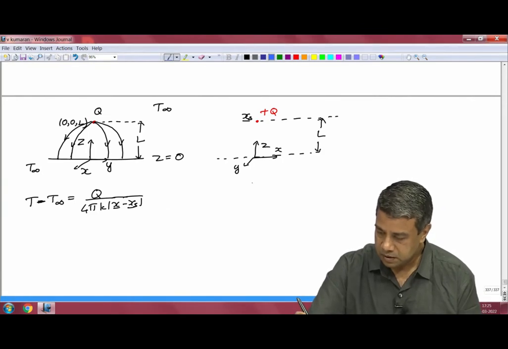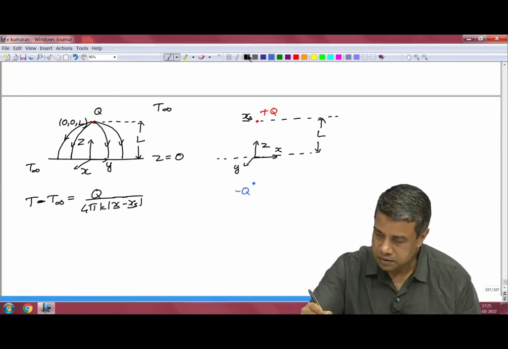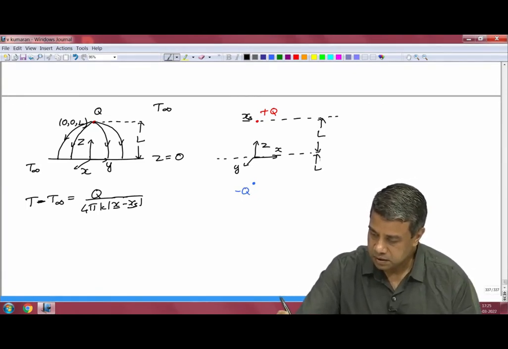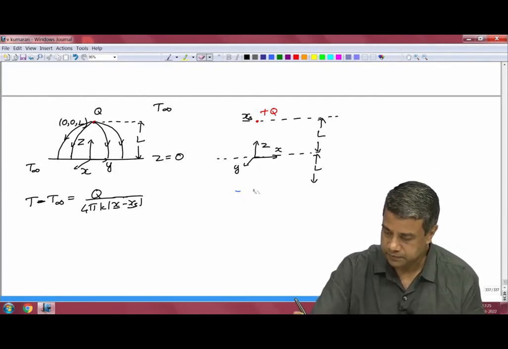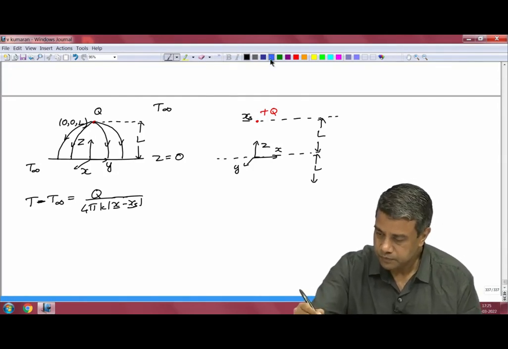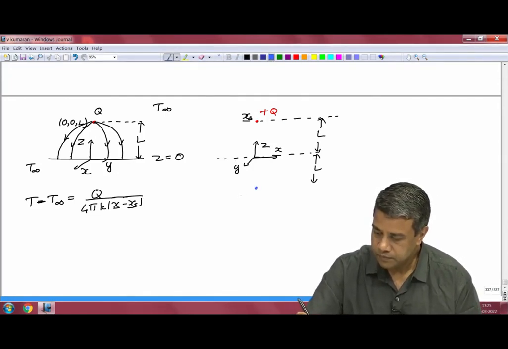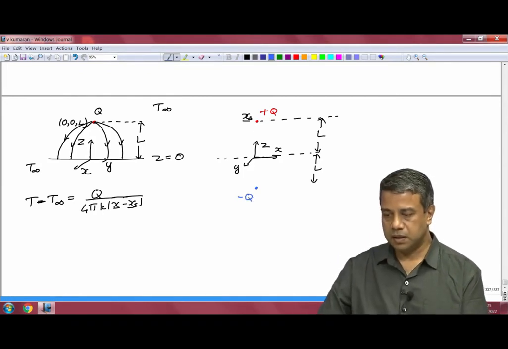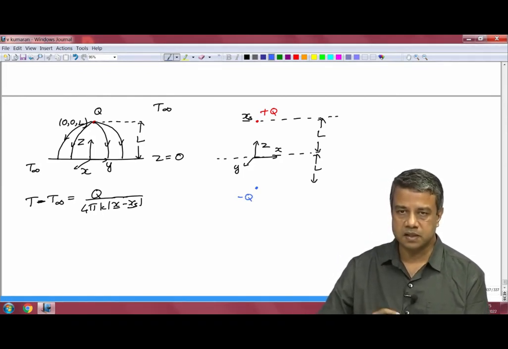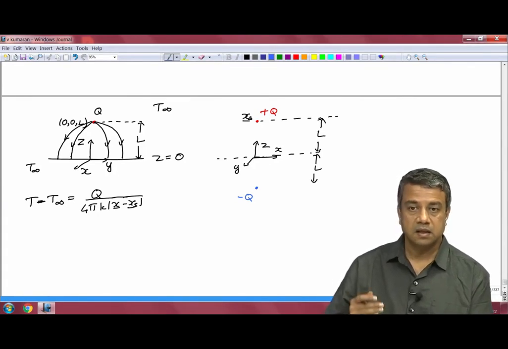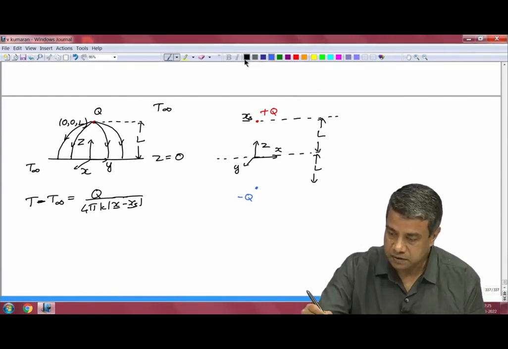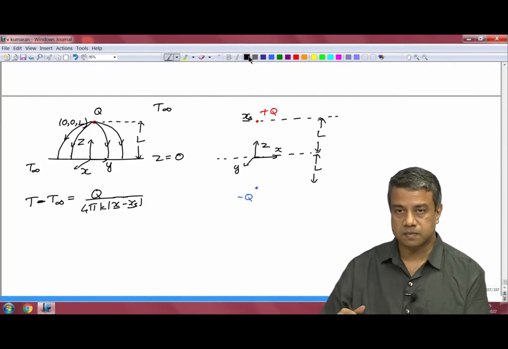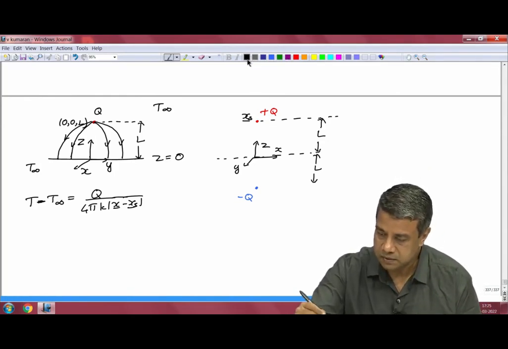Now, if I put a sink of equal strength, minus q, also at the same distance L below the surface, there are heat flux lines emerging from the source and going back into the sink. The source and sink are symmetric mirror images about this plane. Therefore, the flux lines also have to be mirror images about this plane. So, the flux lines have to go like this,